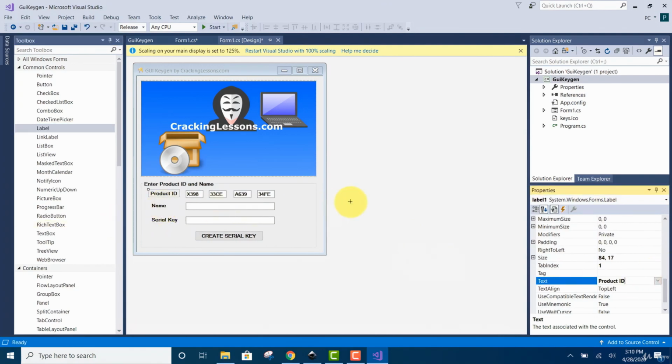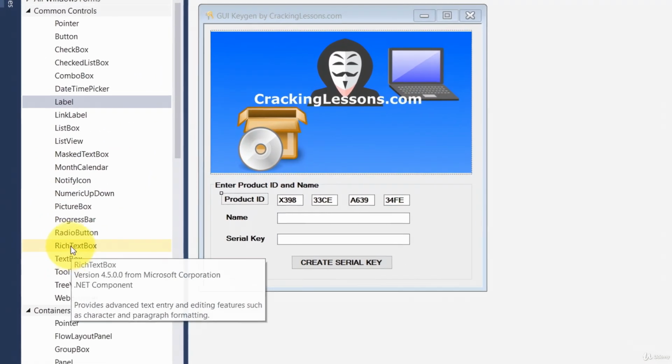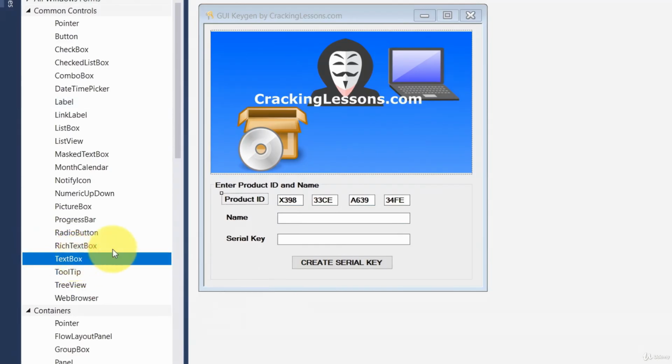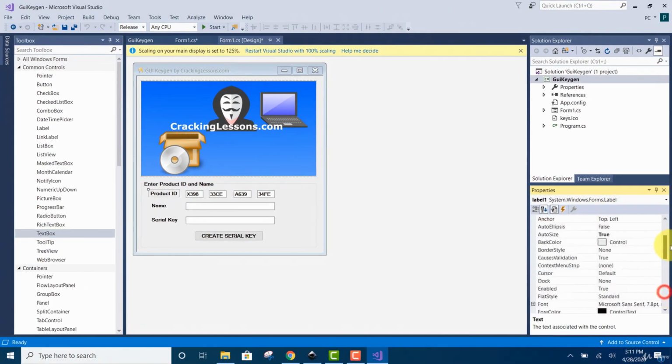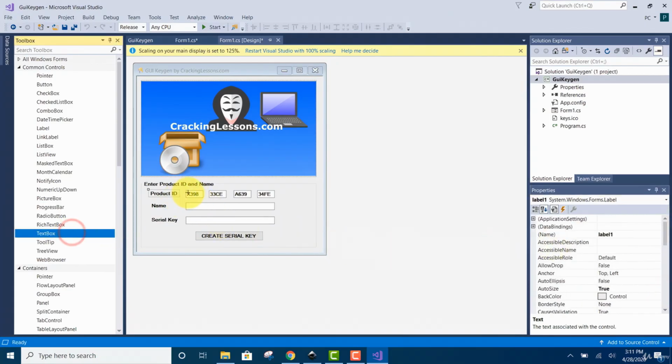So just select the property for the respective label and change the text. And then the text input is coming from here, the text box. Over here I created 1, 2, 3, 4 text boxes, and each text box that I create, I will give it a specific name. For example, this text box,